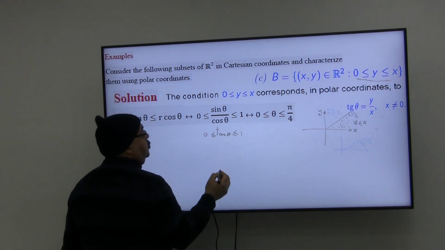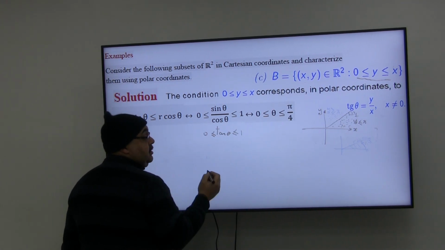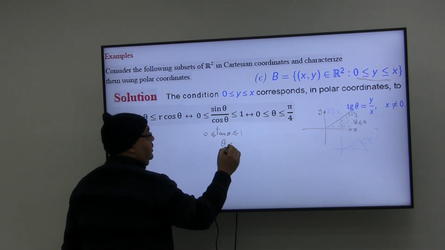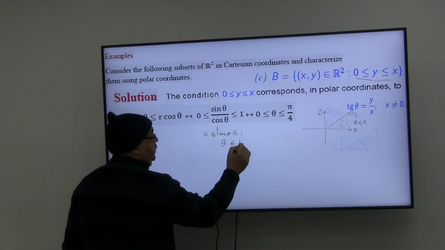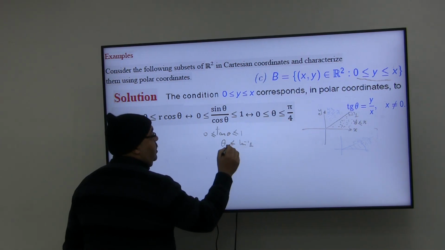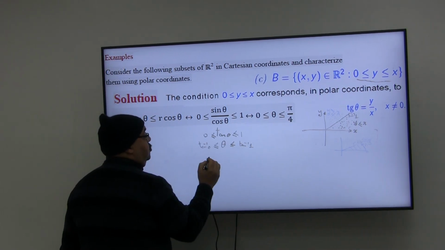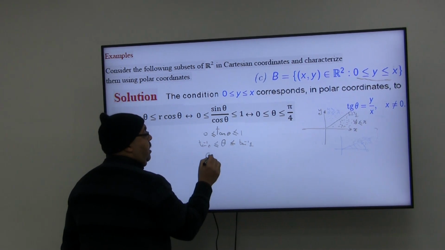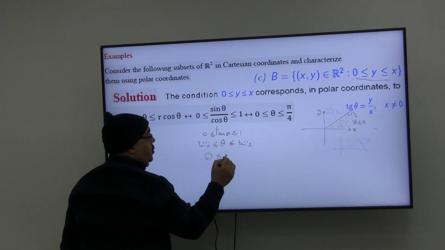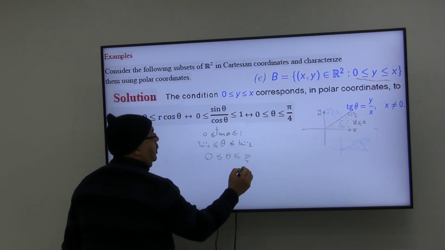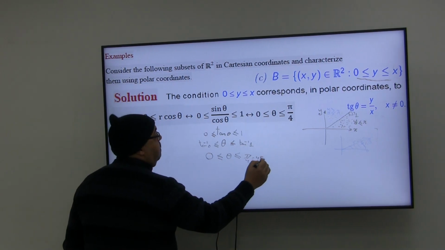Take tan minus 1 for all of them عشان أجيب الثيتا. يبقى ده معناه إن tan minus 1 tan theta is going to be theta less than or equal tan minus 1 1, greater than or equal tan minus 1 0. tan minus 1 0 كام؟ less than or equal theta. وtan minus 1 1 بيطلع بكام؟ اللي هي بتساوي كام؟